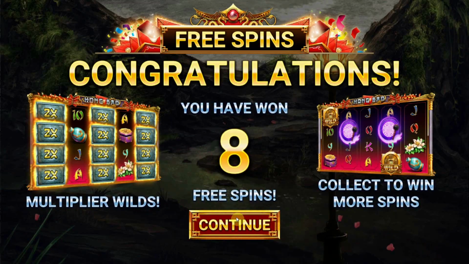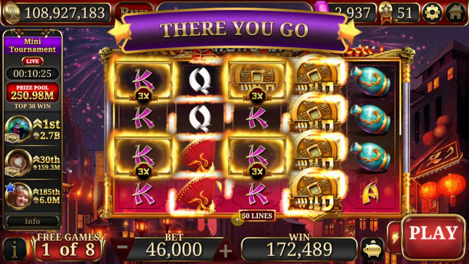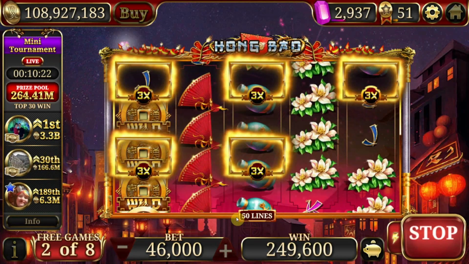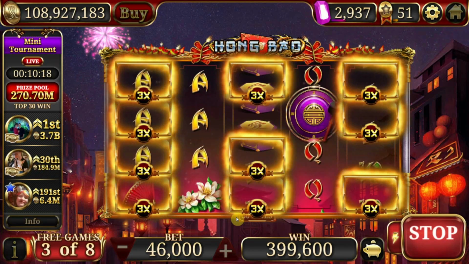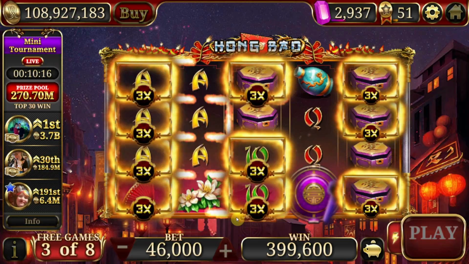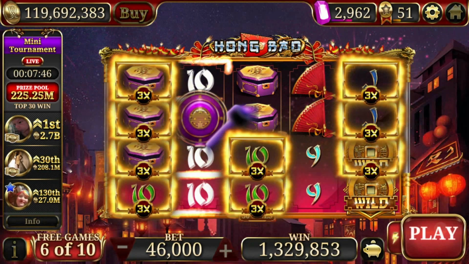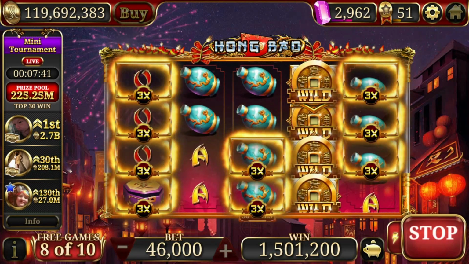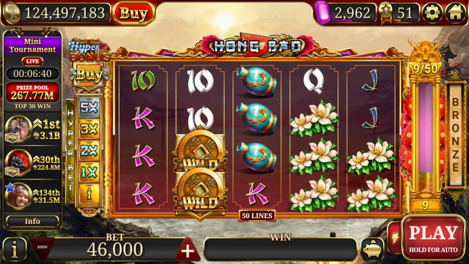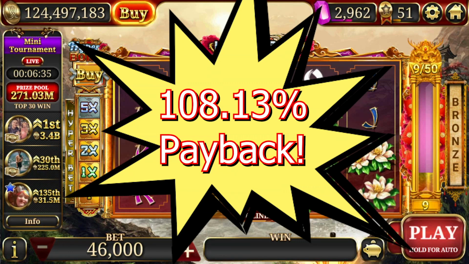That included 8 free spins at about 46,000 apiece, with the sum total of 124,497,183 chips in our bankroll at the end of 50 spins, and a gem total of 2,962. So we increased our gem total by 27, as well as our bankroll by 12,280,400 chips, which doesn't seem like a lot, but in the course of half an hour, that was an 8.13% profit, or 108%